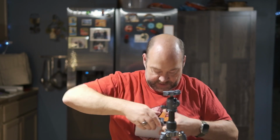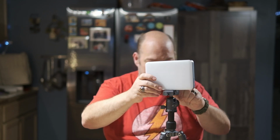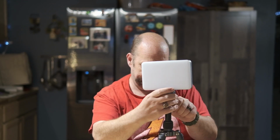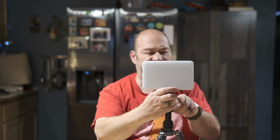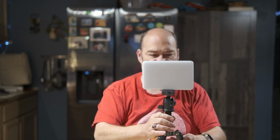There we go, and then we have it all ready to put back in this Arca Swiss mounted ball head here, and we're good to go. Now we could adjust this a little bit, because it looks like I've got it a little bit off level. So let me get it adjusted here so it's a little bit better. There we go. And now this light has an RA of 95 plus, a TCLI of 95 plus, so it